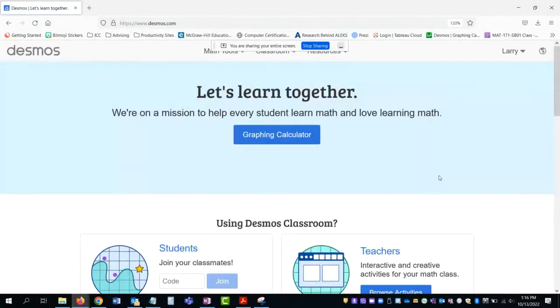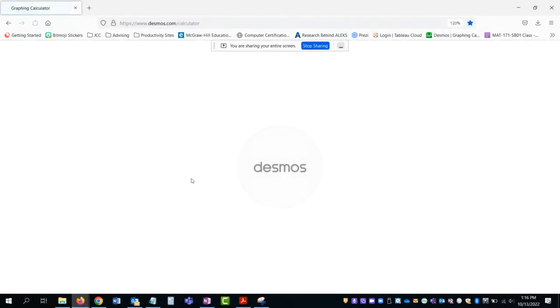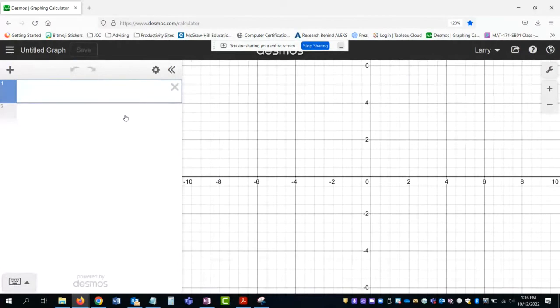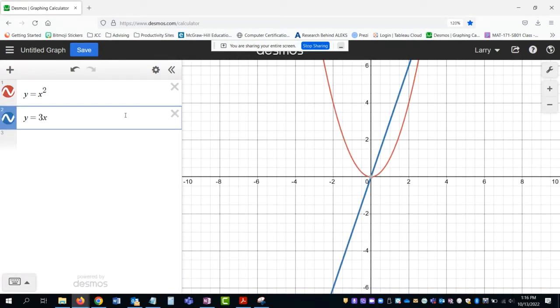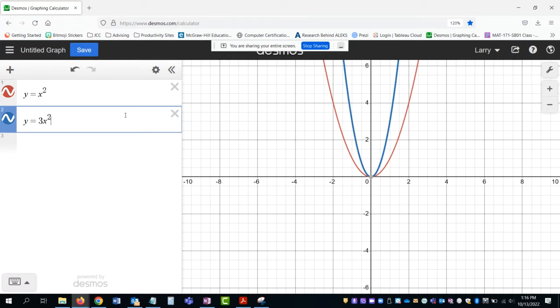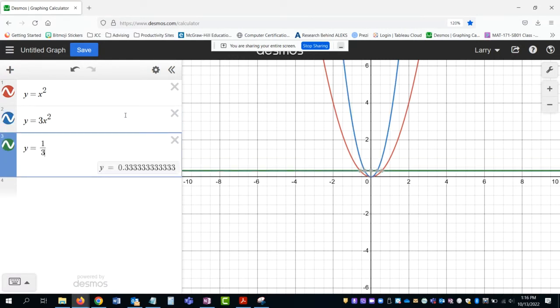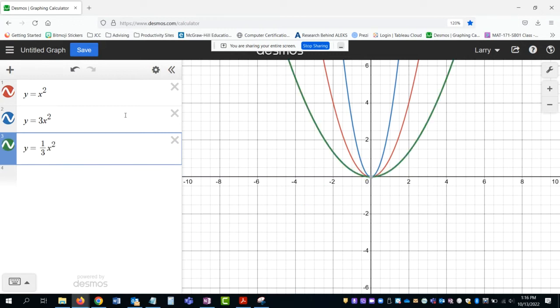Let's look at this in Desmos. And I want you to see y equals f of x equals x squared. Okay. Y equals 3x squared. And then y equals 1/3 x squared. So there you go. Root function is the square,